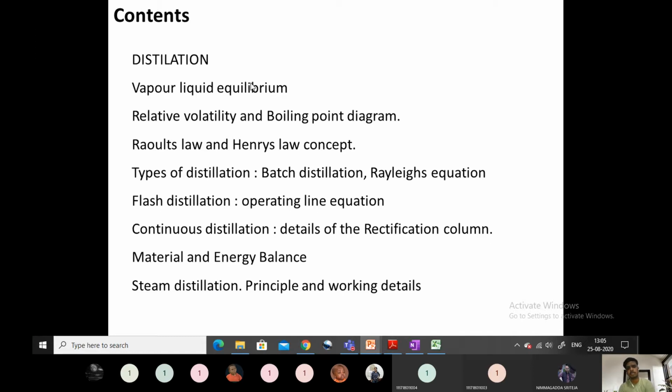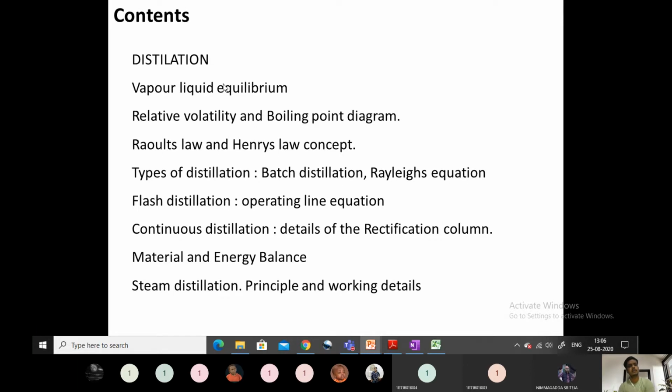This is for a pure component, whereas in distillation, more than one component is required, because distillation is a purification operation. When there is more than one component, we have the task of separating the individual components, or purifying one component from another. So distillation refers to the separation of a component from a mixture. At least two components are needed to carry out a distillation operation. You will study the equilibrium relationship between the vapor phase and the liquid phase.